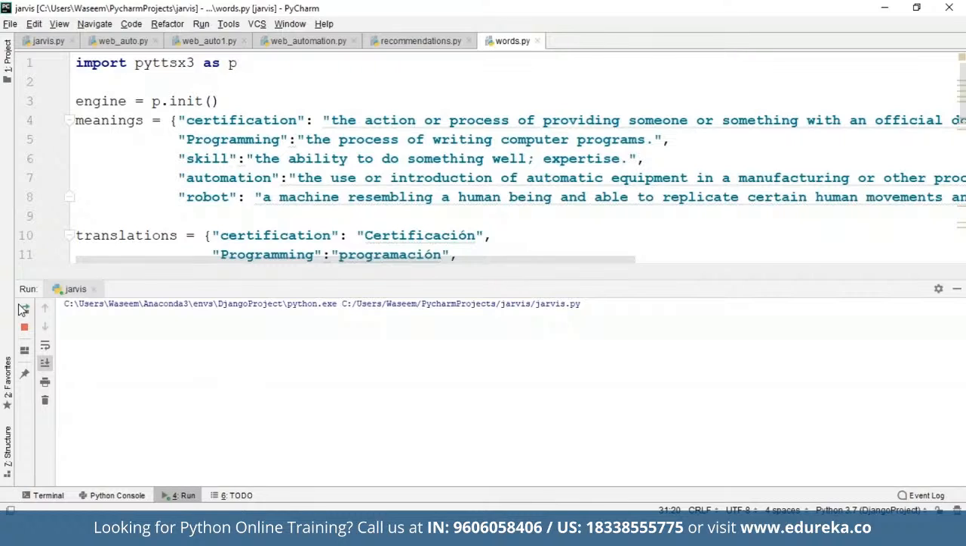Hello, sire. How are you today? I'm good. What would you like me to do? I want meaning of a word. Which word, sire? Automation. The meaning of automation is step use or introduction of automatic equipment in a manufacturing or